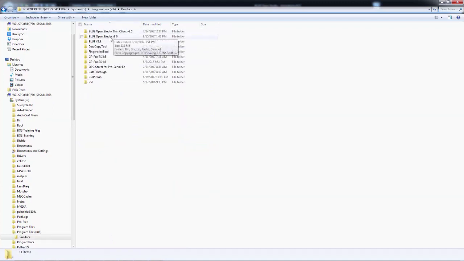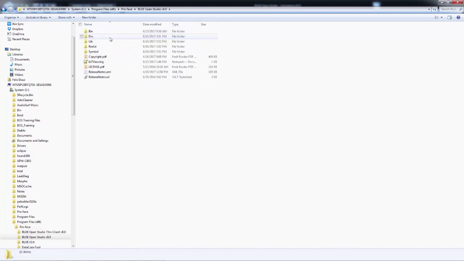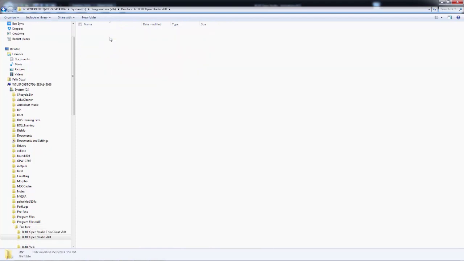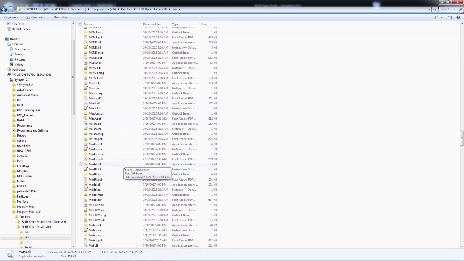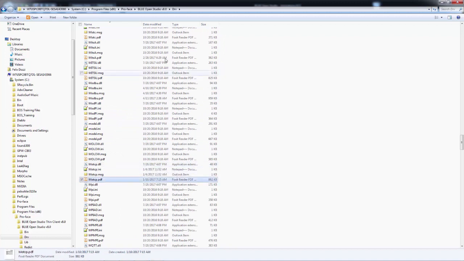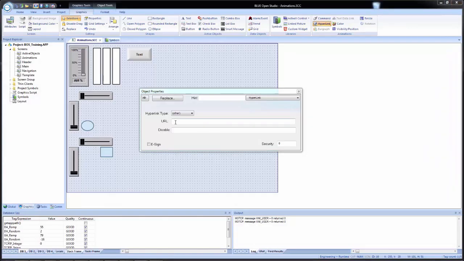Then Blue Open Studio version 8.0. Then DRV. Then I'm going to navigate down to the M's and find MOTCP.pdf. That's what I'm going to use. But first, I am going to copy the file path. We'll close Windows Explorer, come back into URL, paste this in, and note at the end I need to put in a /